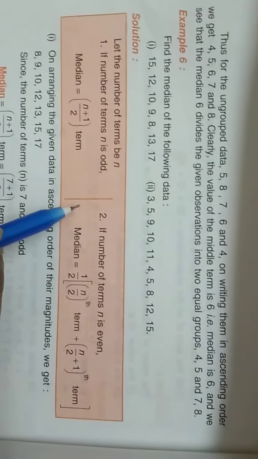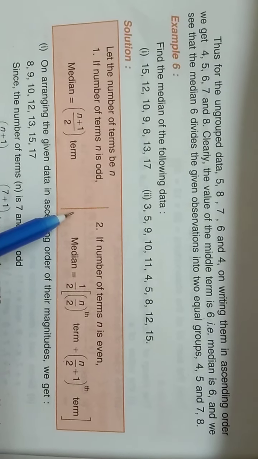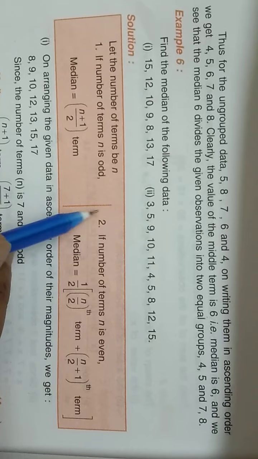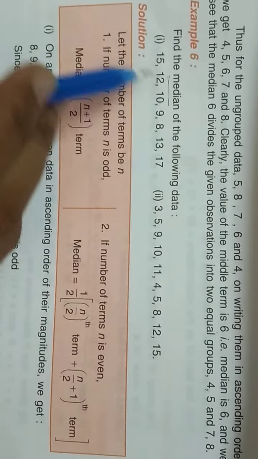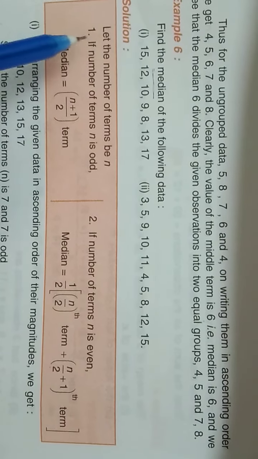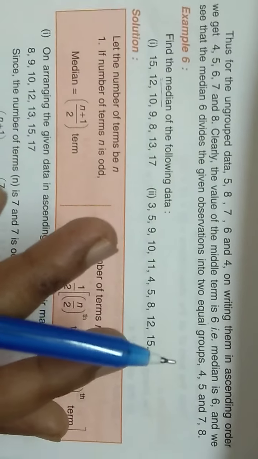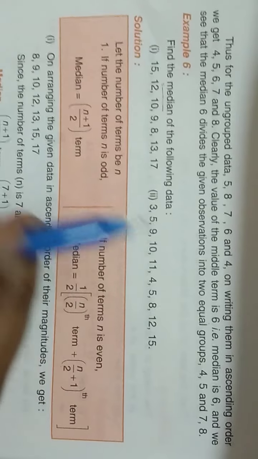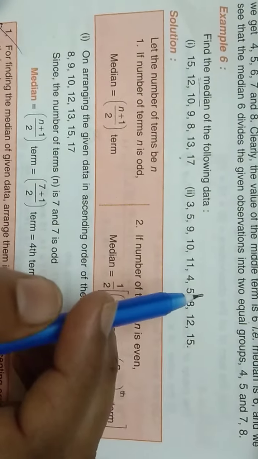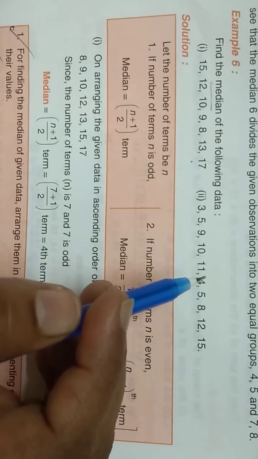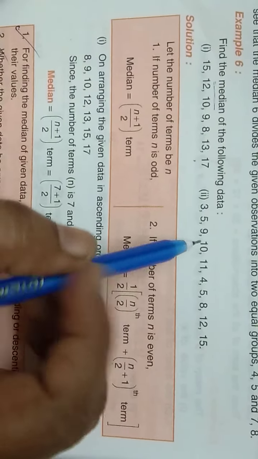Now we are discussing the second measure of central tendency in the statistics section, that is, how to find the median. For the median, first of all, these are the steps of finding it. First we have to arrange the given observations in ascending order or descending order. In any way you can use it, but it is mostly easier to write in ascending order. So write the given data in ascending order.